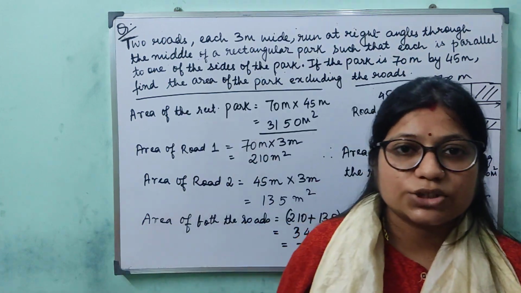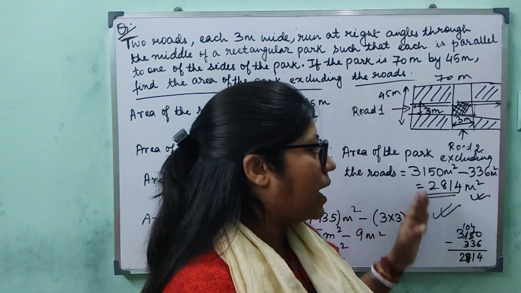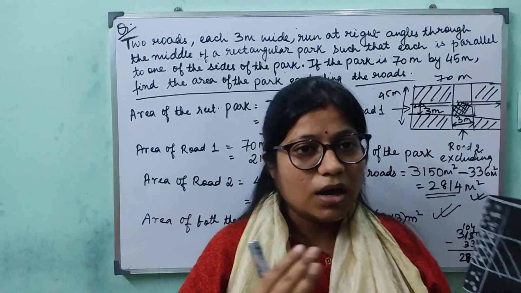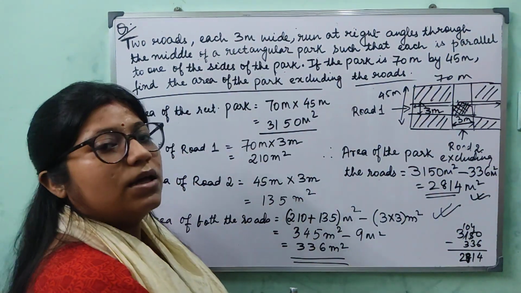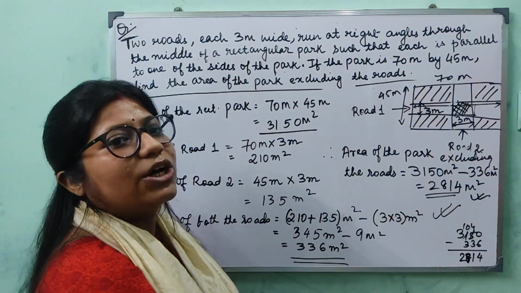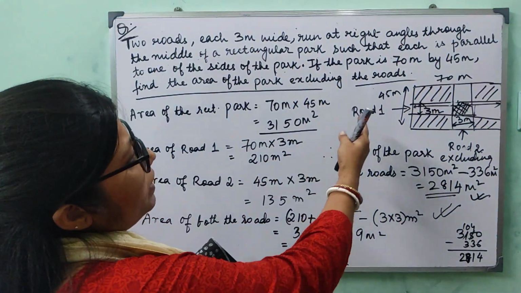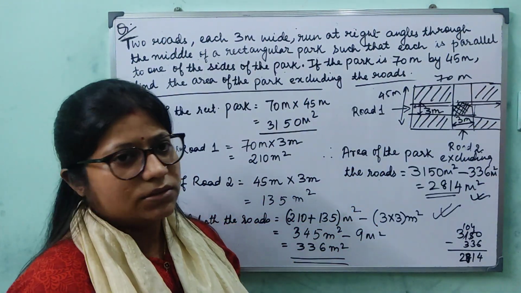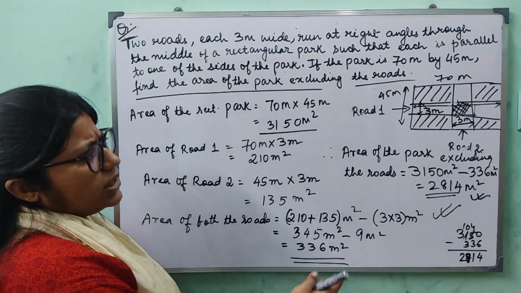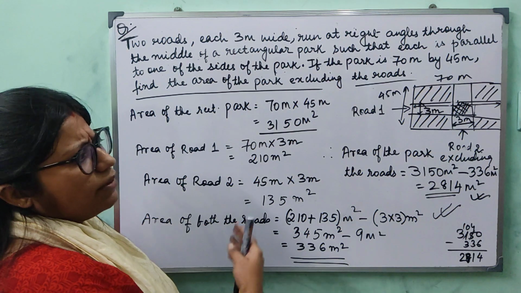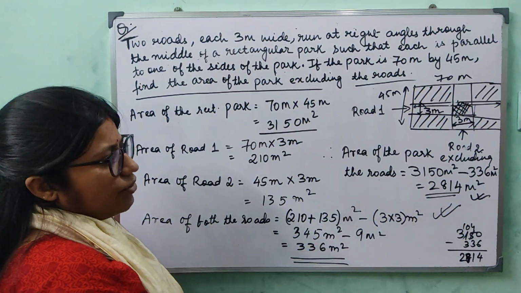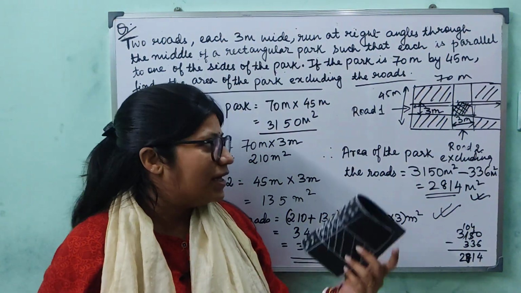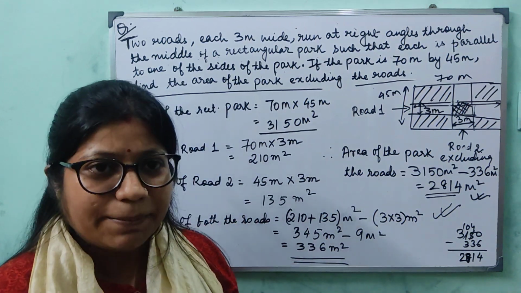So I hope the sum is clear to you, and for every part of the sum please go through the video once again, pause in between, look for the reason why this is happening, and try to understand the concept of the sum. These sums can also be accompanied by another part, that is, what will be the cost of cementing the path, and so on. When the rate of cementing or the rate of laying grass is given, you need to multiply the area into the rate given in order to find the total cost. So I hope your concept is clear. I could help you out in clearing your concept.